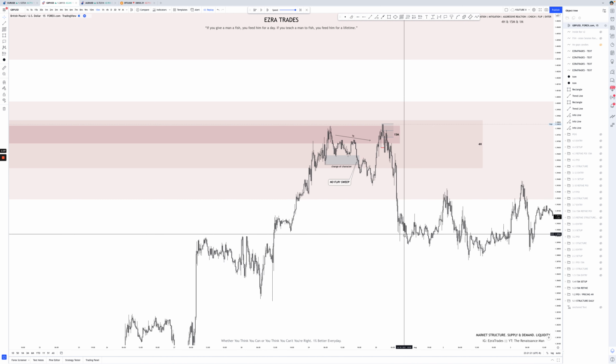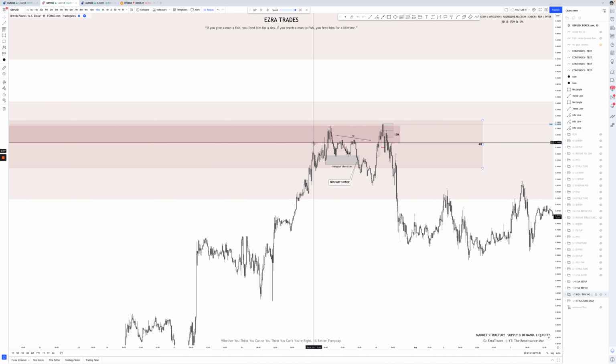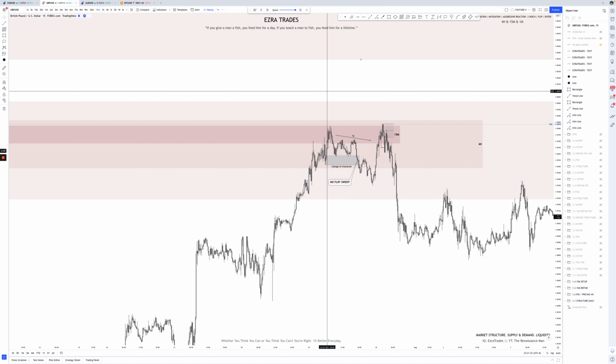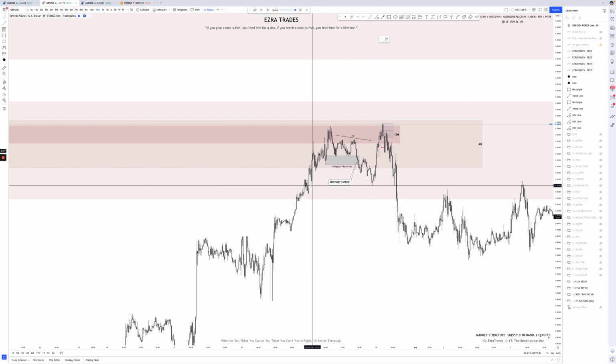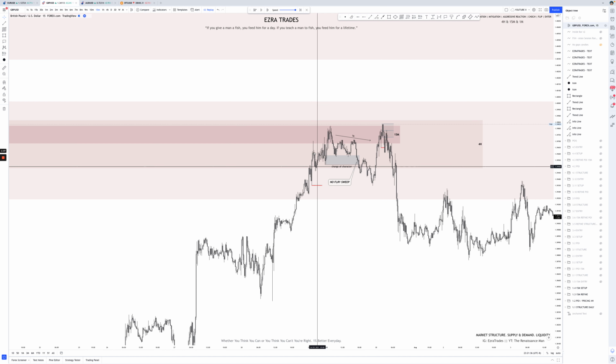All right. So here we are. Price comes in, taps the point of interest, pulls back. It gives a reaction to the initial tap, but it doesn't change character. So this low is still strong. Here we can say this low created a new high, and therefore a change of character would have to take